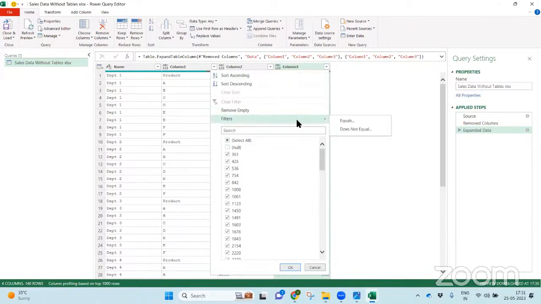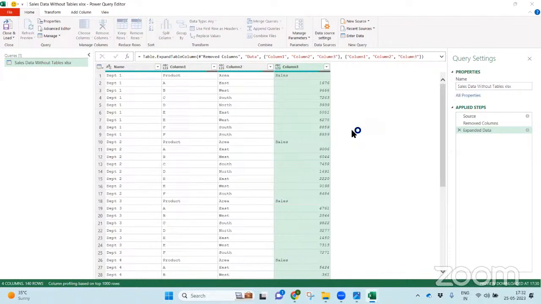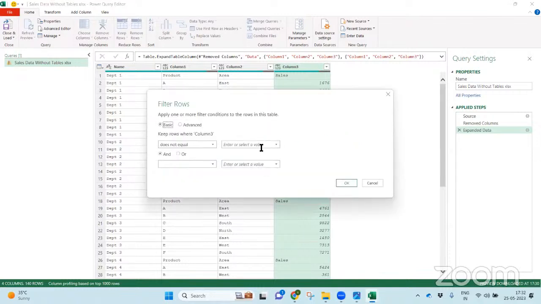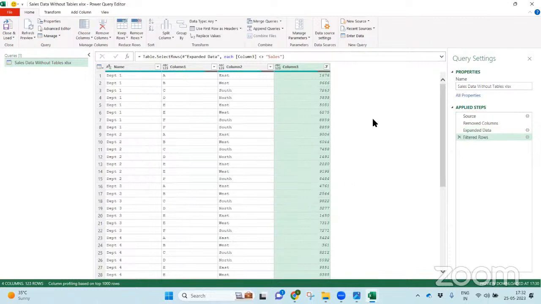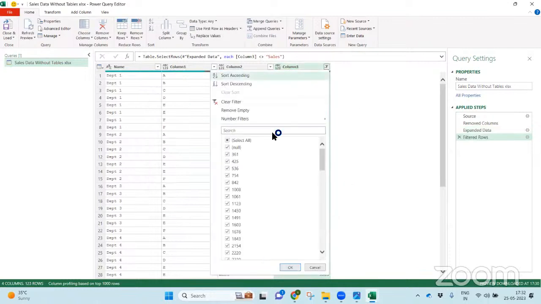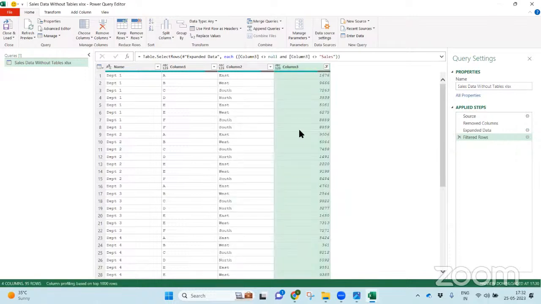That's the first thing. Then the second thing is, I'll put a filter called sales. I want doesn't equal to sales. And also, I don't want null, because there may be a chance some blank values will be there, because in the source data, if you add some data and delete it later, it is considered a null here. No problem. Other than null, other than sales, it has filtered.